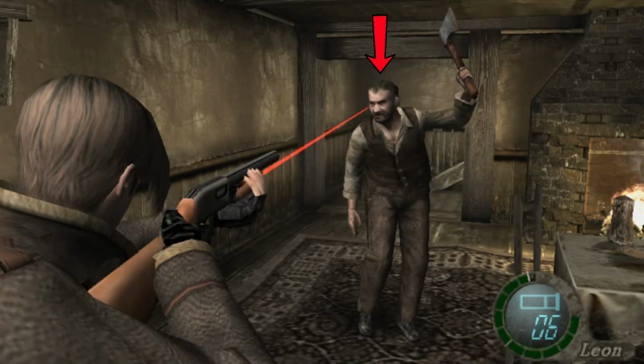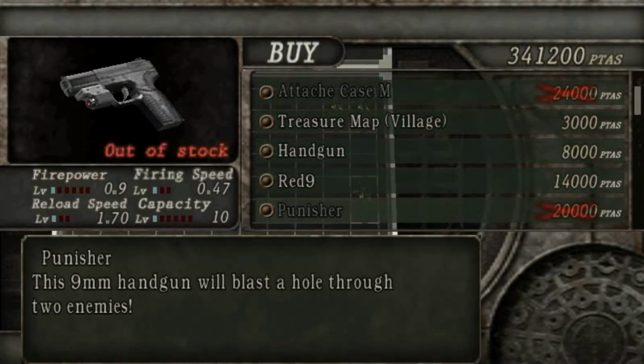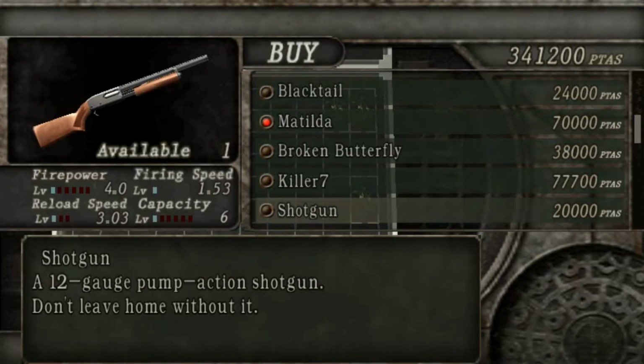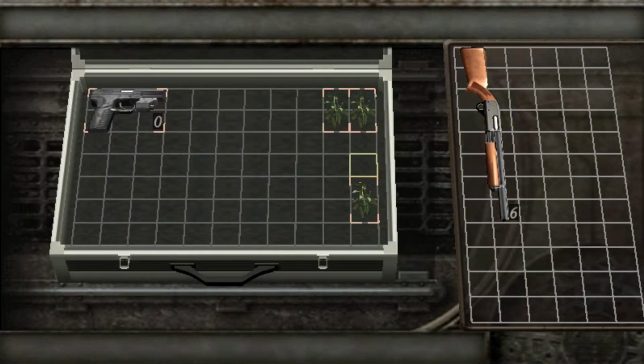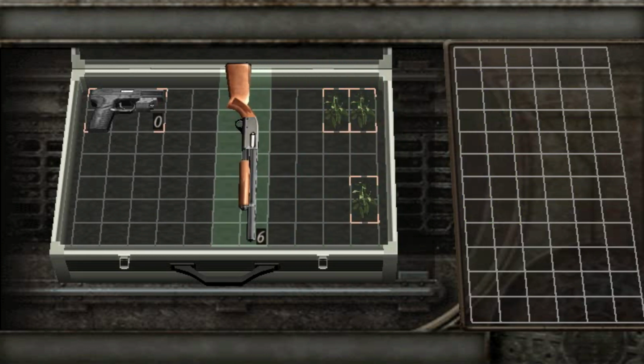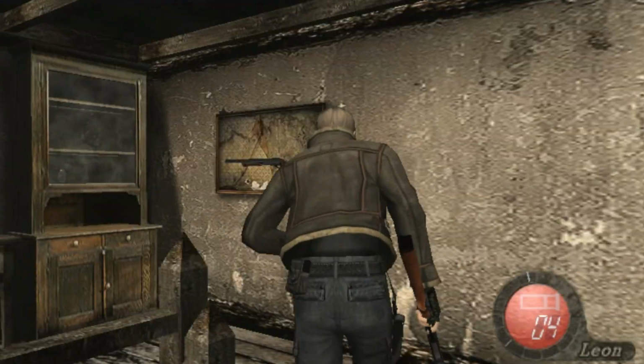Now obviously this first Ganado needs to be killed so that we can make any progress, so I'm playing this on a new game plus so that I can get the shotgun from the very beginning. And by the way, this is the new game plus for my Punisher only challenge. As you can see, I only had an empty Punisher and 3 green herbs by the end of it, so that was pretty terrible. Anyway, I blow this guy's brains out and then I go ahead and grab the shotgun